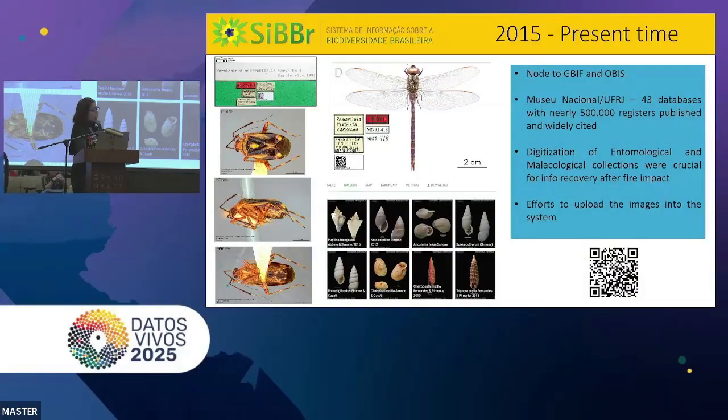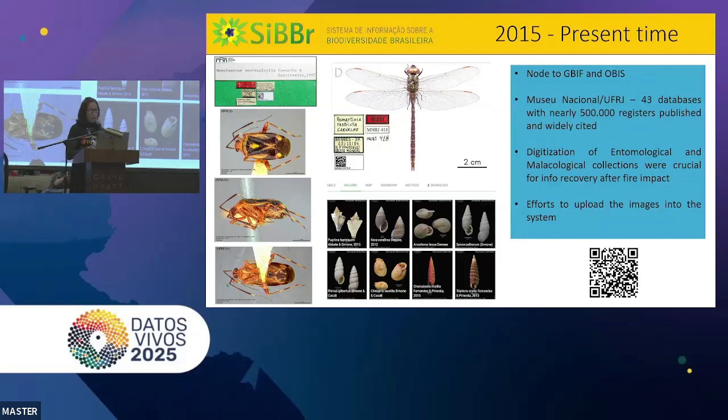Okay. So the CBBR, which is the System of Information Biodiversity in Brazil, started in 2015, and we started to digitize and to put the data with Darwin Core inside the CBBR, although with few images. So the main point here is to increase the number of images. Nowadays, we have 43 databases with nearly 500,000 registers in CBBR, and digitization of entomology and malacology collections was crucial